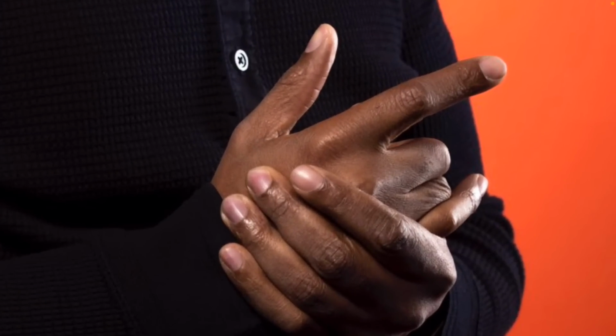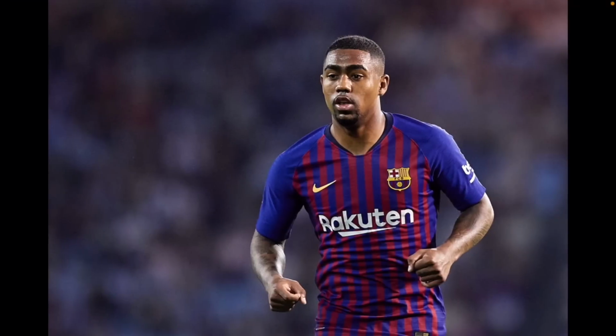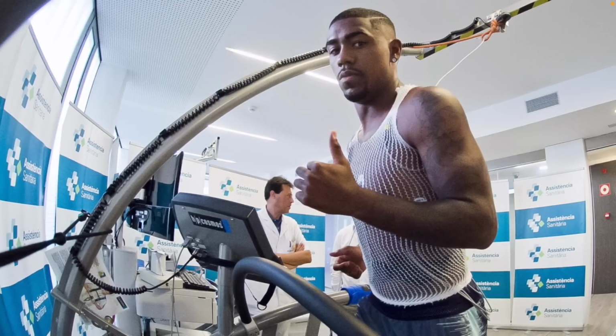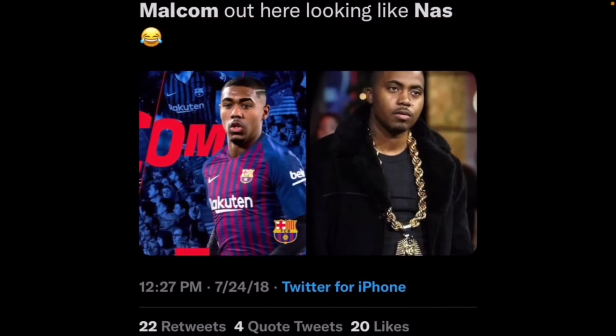And also I want to point out that Nas is doing symbolism right here on the low. You know, I just noticed that right now. But yeah, man, he looks so much like him right here. And here's Malcolm, side profile. He looks just like Nas right there. You know, he's basically just like a skinnier version of Nas. That's really all it is.